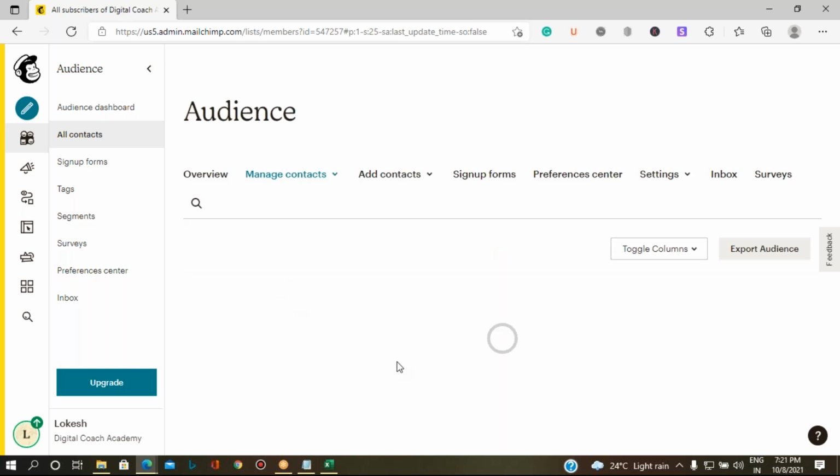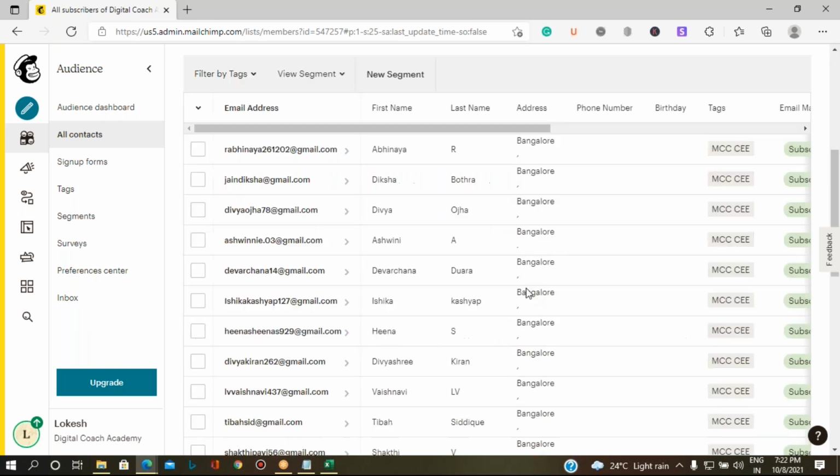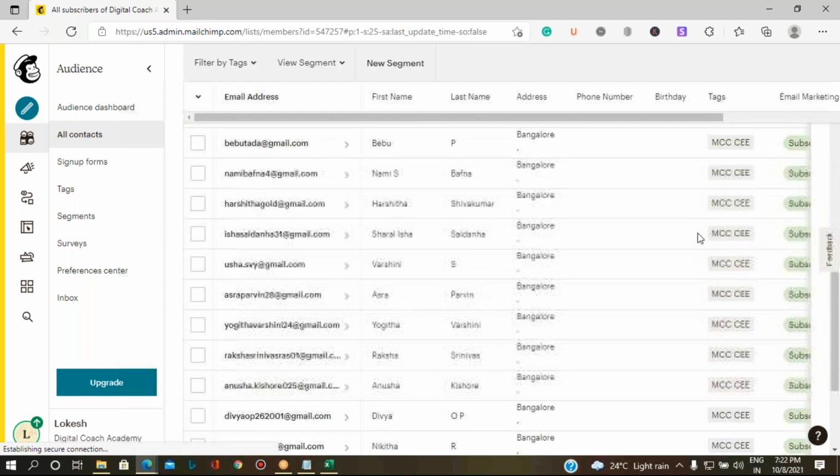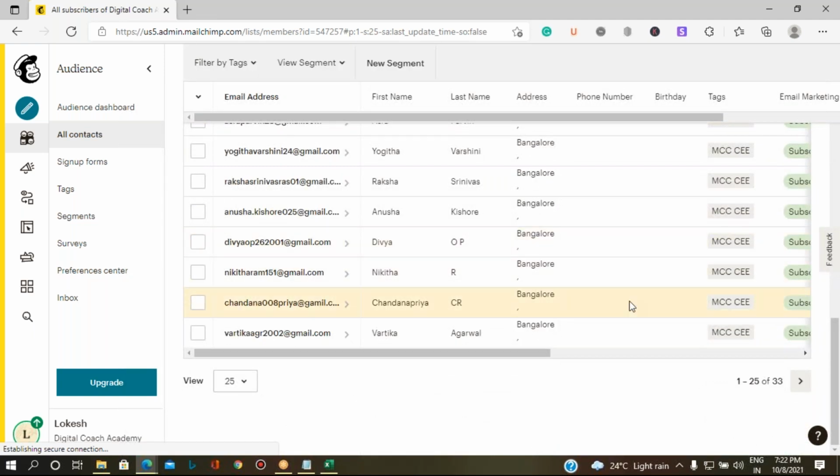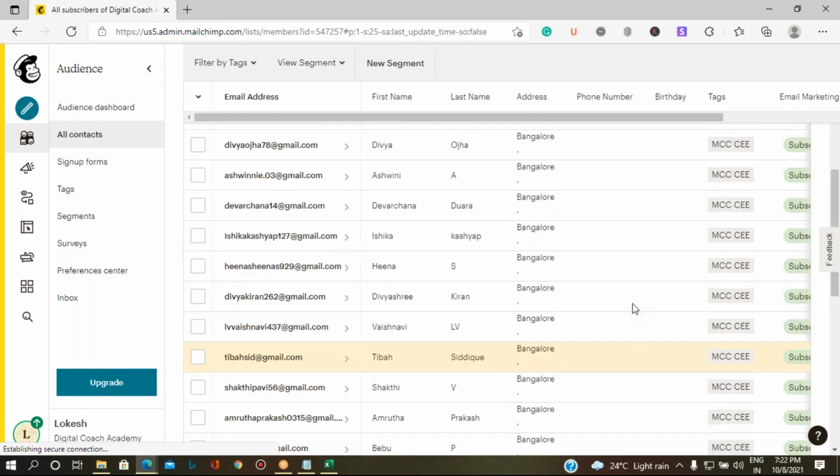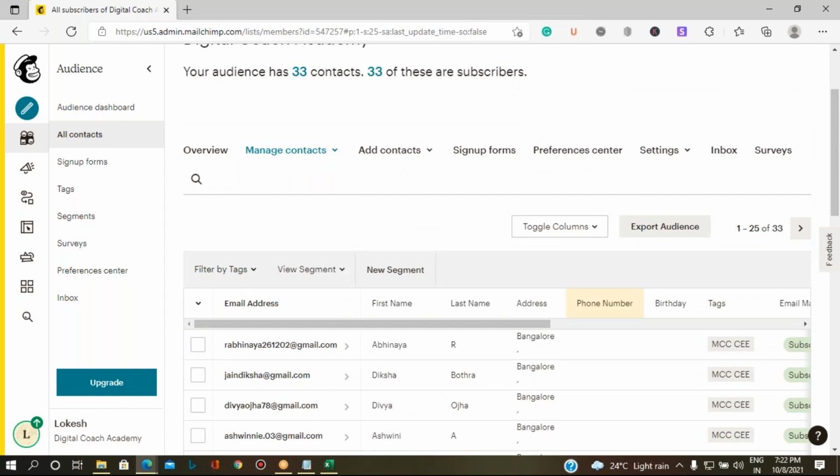So you can see all the email IDs listed, and if you have tagged them, they are going to show under the particular tag. Is that clear to everyone till here? Is there any doubt in adding contacts individually or with the import of contacts process? You can let me know.